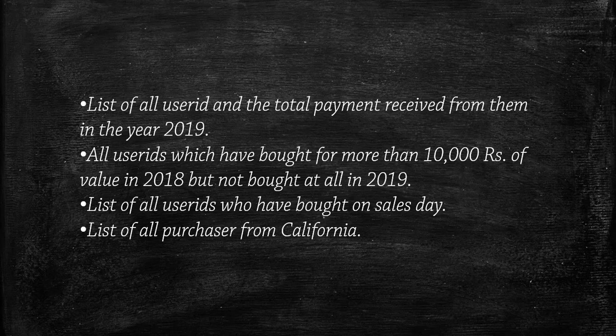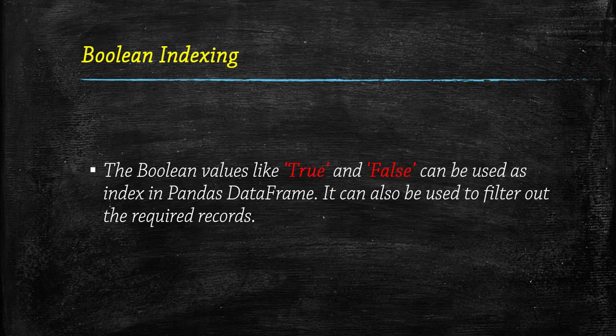Each of these queries has a logical criteria that must be checked one row at a time. And if you manually answer this query, then you need to scan each row and determine whether it meets the criteria or not. But with Boolean indexing, it is very easy because Boolean indexing is a procedure of selecting the subset of data based on actual values in the data frame. This helps in displaying rows of data frame according to true or false as specified in the command.